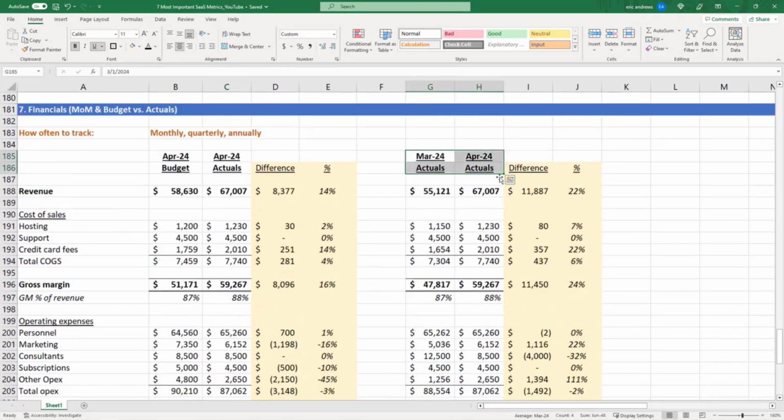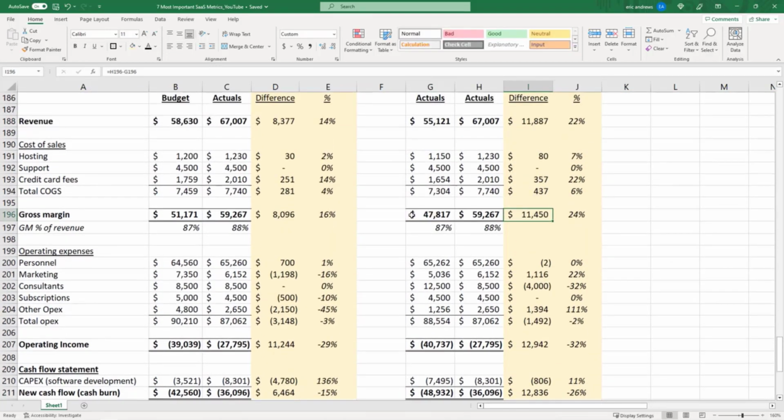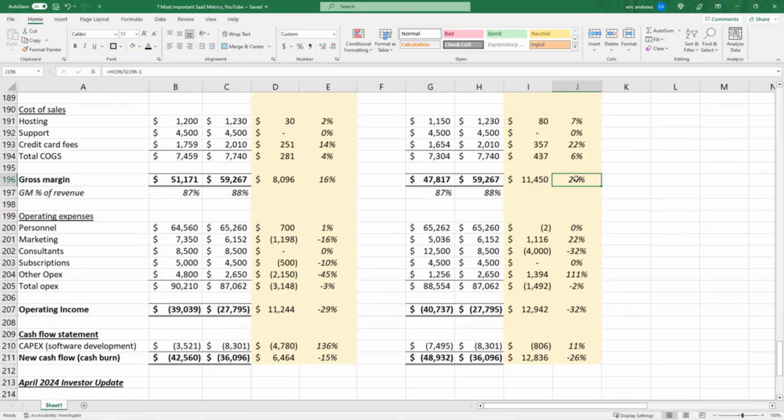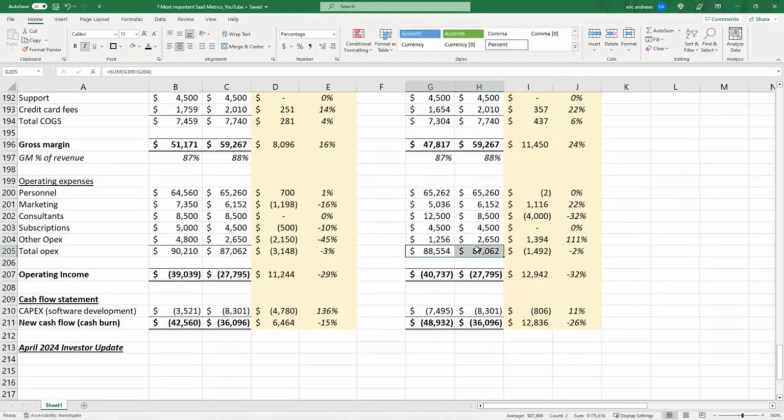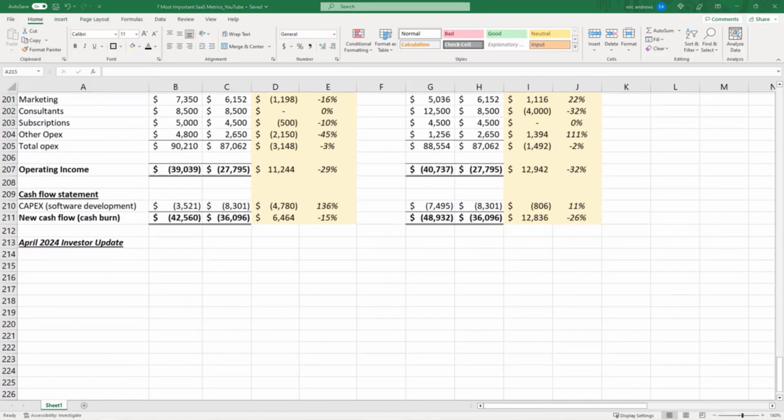If we look at month over month actuals, we could also use this and say growth was 22%. In this scenario, our gross margin increased by quite a bit. We got a little bit of a higher percent on the gross margin, increased by 24%. Then our operating expenses were down month over month on increased revenue. So improvement in operating income, improvement in burn rate. These are a good way to track your metrics and then decide what you're going to say about them. So here are a couple ideas on what you could say.